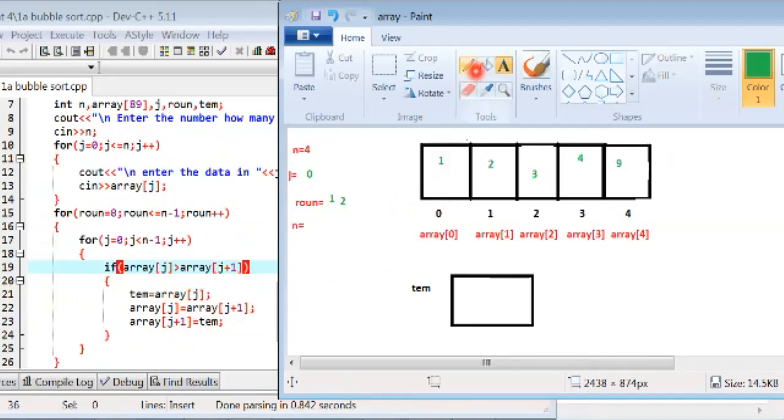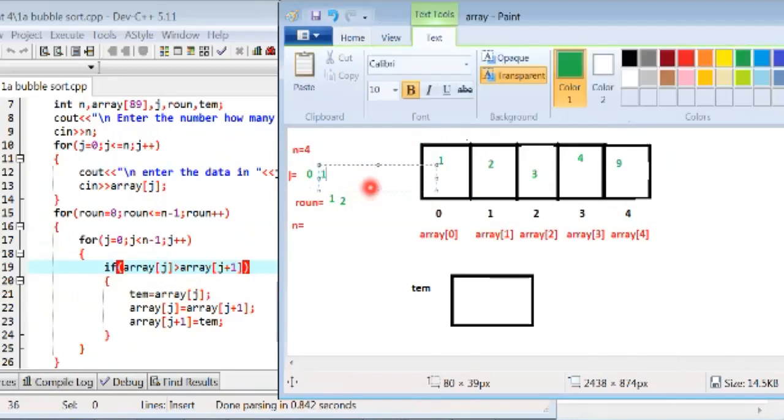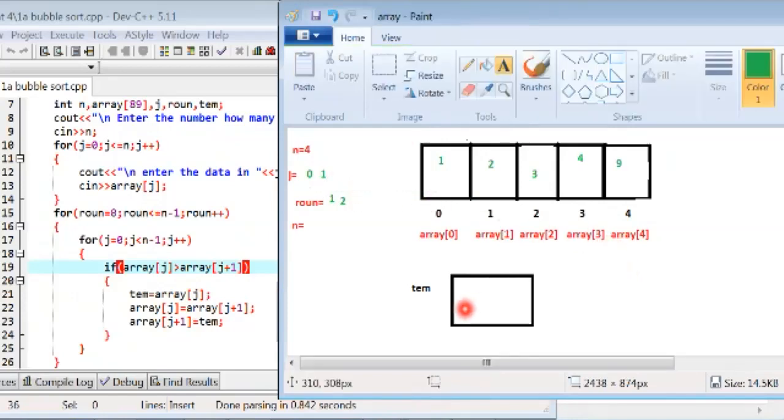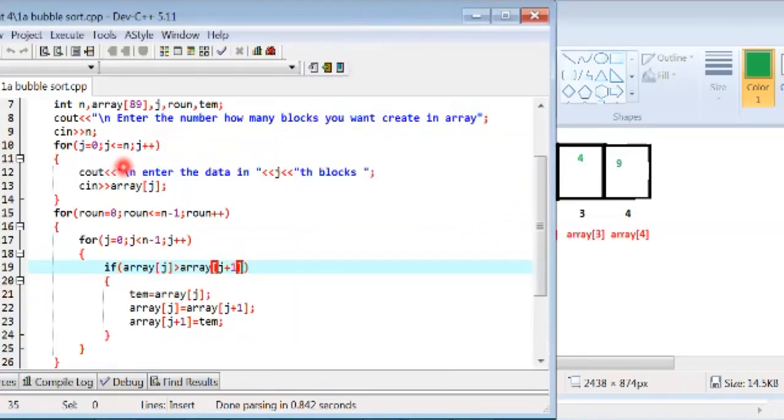And again, the value of j is 1. Then the value of 1 is 2 and the value of 2 is 3. Then the condition is false, so it does not swap. And this is our sorted array, ready.